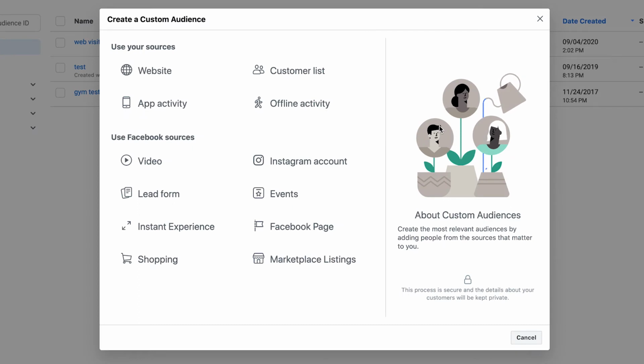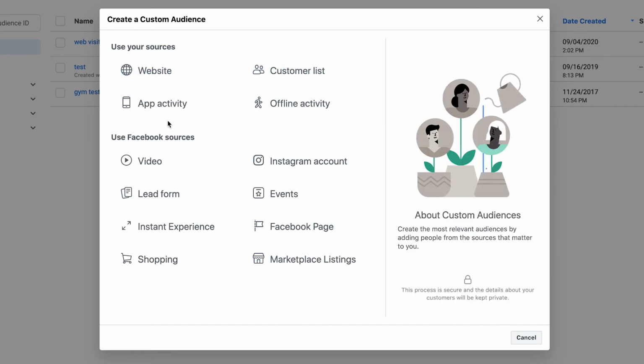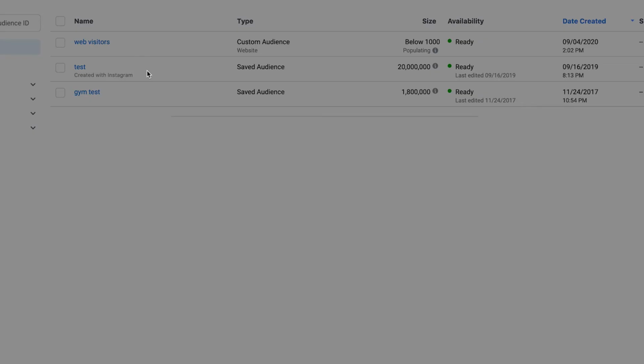Then from here you can actually choose what kind of audience you want to target. Now if you have your Facebook pixel installed and you want to track website visitors, then you can click on this one. I will leave a link to how you can actually install a Facebook pixel in the description so you can check that out if you haven't done already. So in this tutorial we're just going to go through website visitors. So I'm going to click on website and then